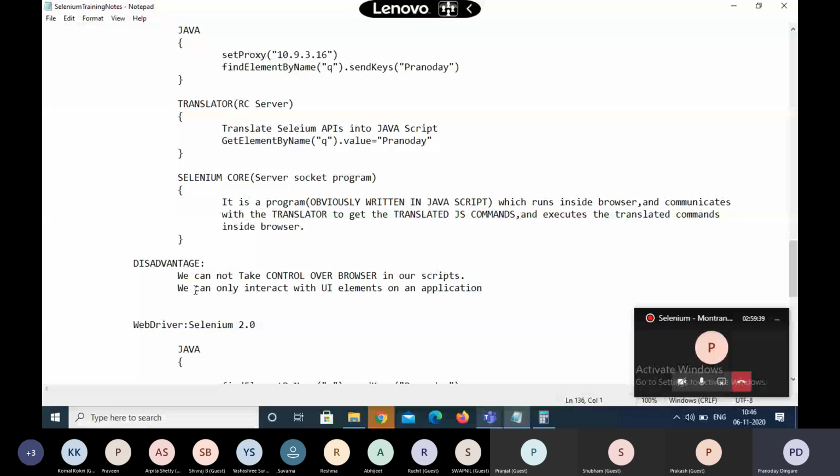So the disadvantage was like we cannot take control over the browser. We can only interact with the UI elements on an application. That was the major one, along with the other disadvantages. Let's not get into that, because for our case, the main disadvantage which the RC was suffering from is we cannot take full control in our automation. We can only control the application but not the browser. It may happen that as a part of our test case we need to do something over there as well,